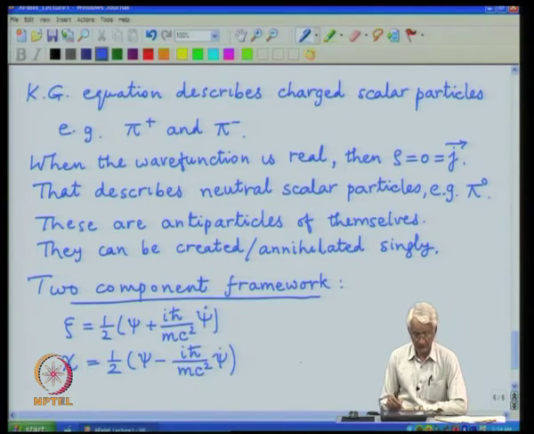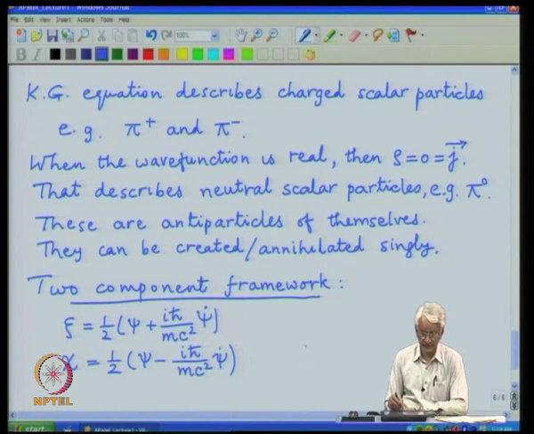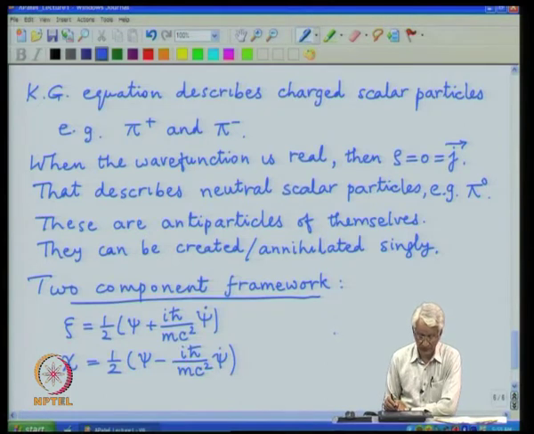The purpose of defining these auxiliary variables is that instead of having a second order equation in time, we want to construct a first order equation in time, which looks similar to the framework of the Schrodinger equation, and these two components I have constructed with a particular coefficient in front of psi dot,